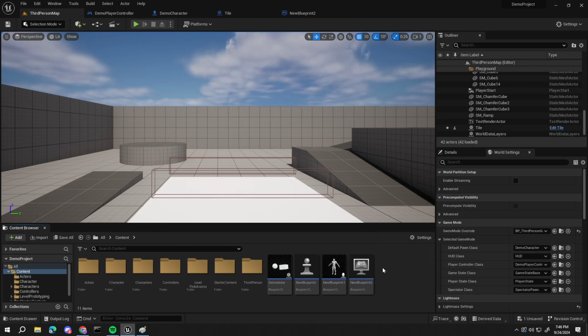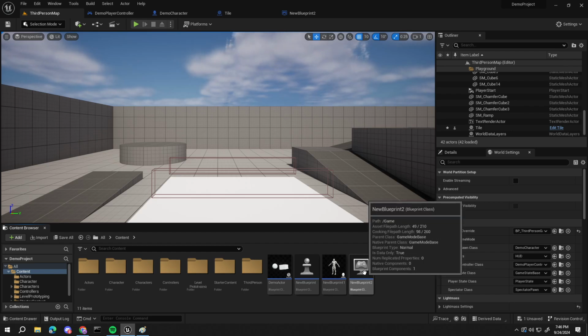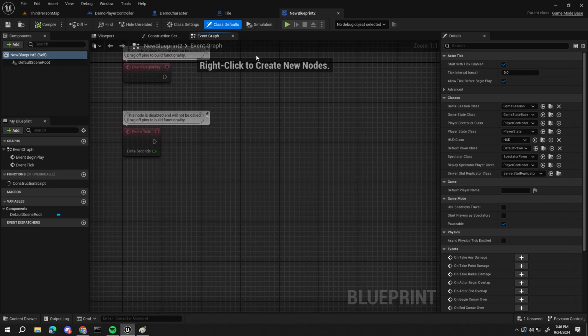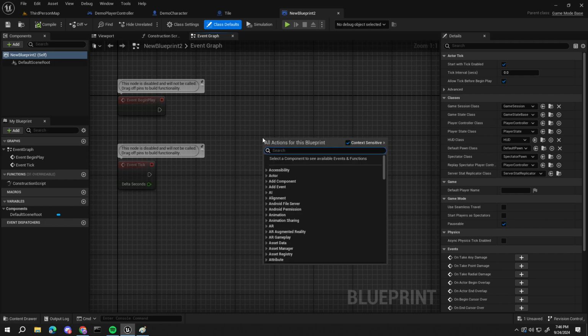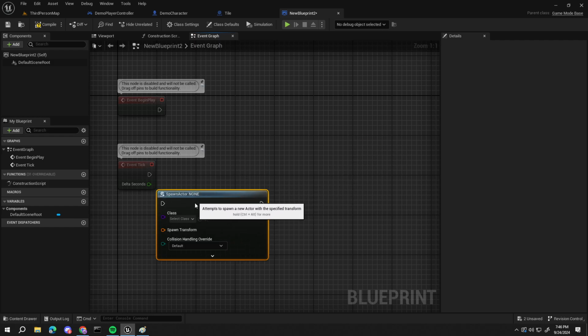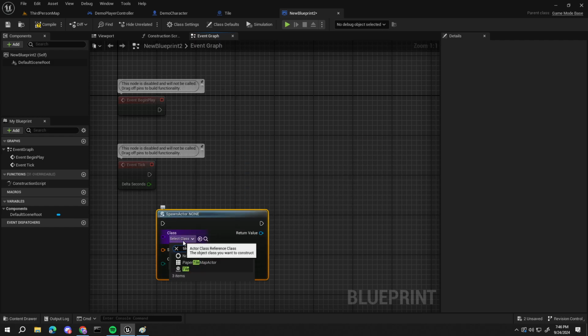So when the event is called, how does the game mode know which one to delete? I'm assuming the tile would call an event, the game mode would listen to the event,